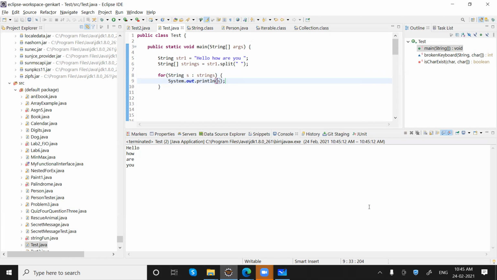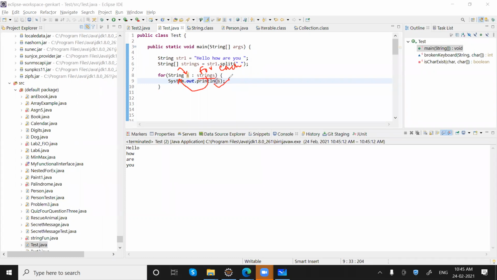Okay, let's understand how it works. We are saying for each string in this given array, that is strings, get a string, keep that into s and print that. Getting my point? So whenever we are going to iterate an array or a collection and we have to iterate each and every object, then we can use it.